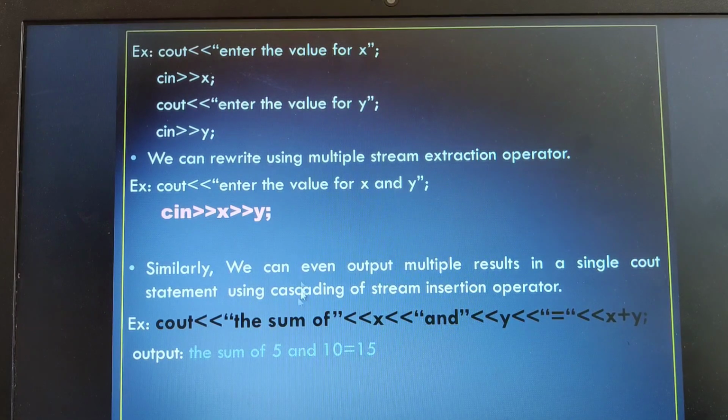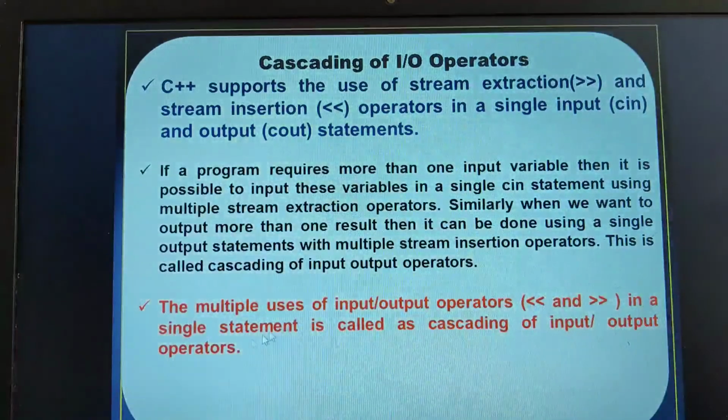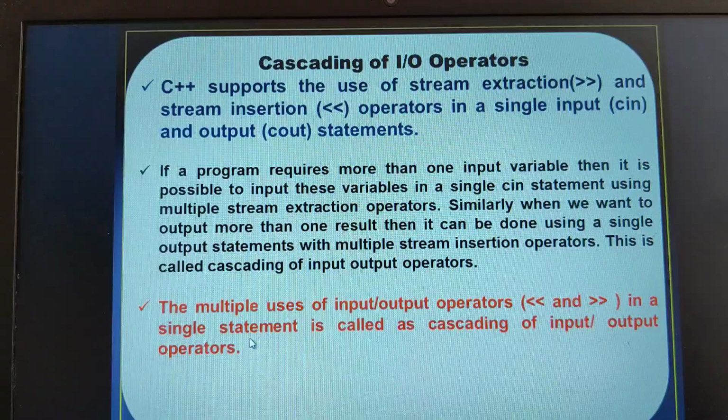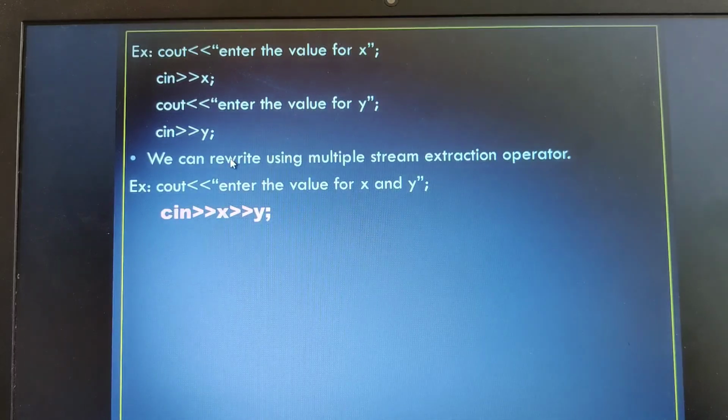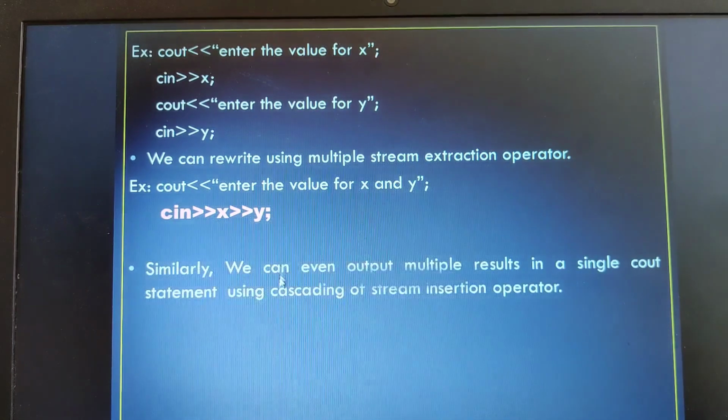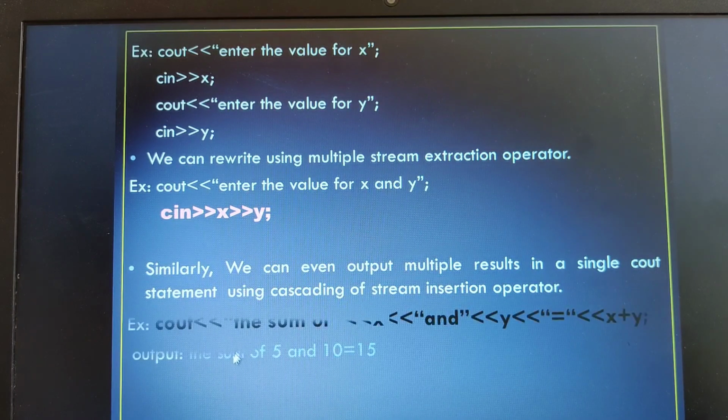Write this particular definition and an example for the cin operator. Write this code and the sentence, and you can rewrite it. Similarly for the cout statement also, you can write it this way, or you can even write cout, enter the value of x and y. That way also you can write.